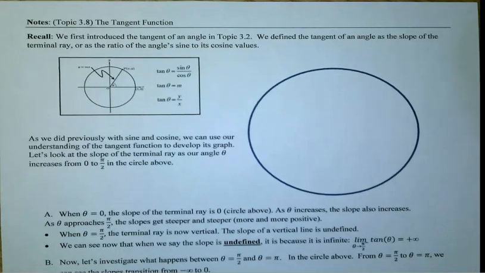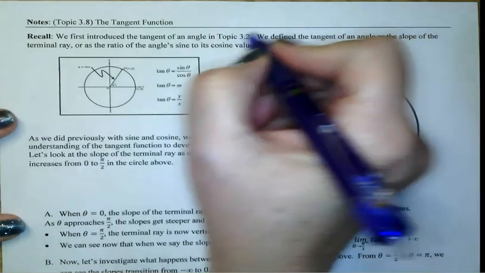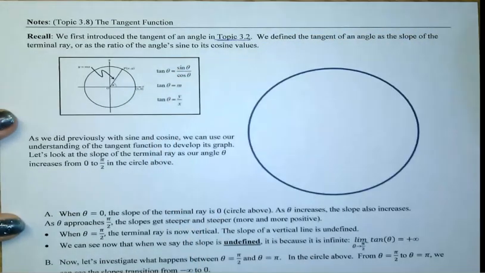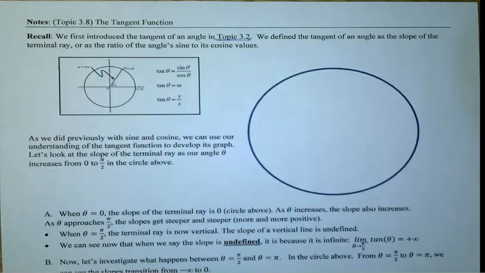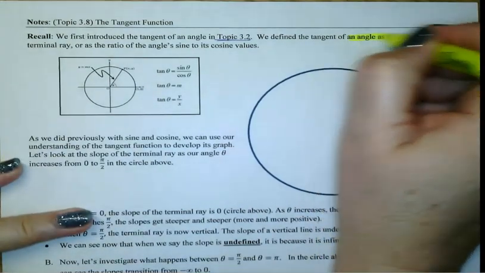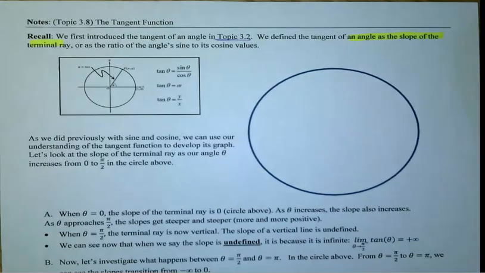So let's start by recalling when we first introduced the idea of the tangent of an angle. That was back in topic 3.2. So if you need to refer back to the first reference to that, you can definitely do that. You should have those notes. And we define the tangent of an angle as the slope of the terminal ray, or as the ratio of the angle's sine to its